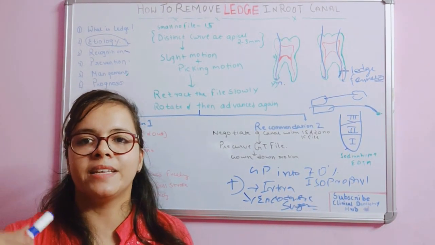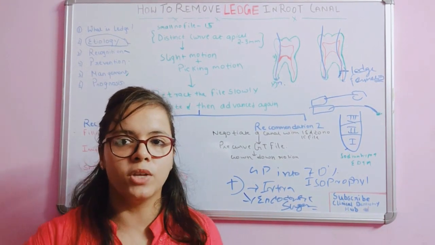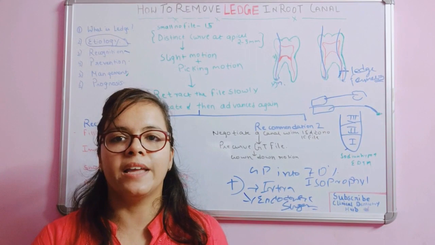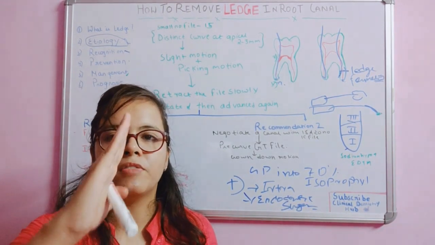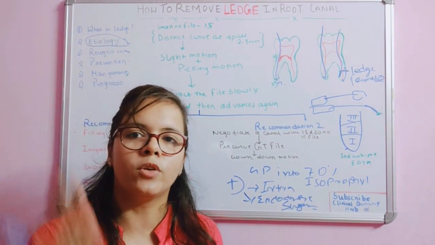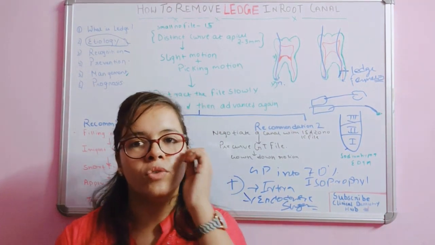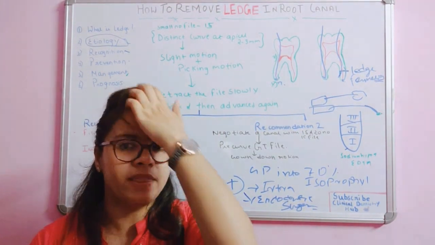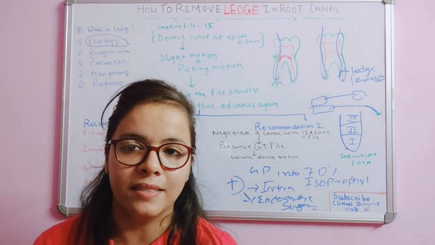Same as in the case where, if you have a ledge in one of the roots, instead of extracting the tooth, you just have to remove one root. You will amputate it and the tooth will serve as a restorative part over there only. So in this you can just avoid extraction in these cases.